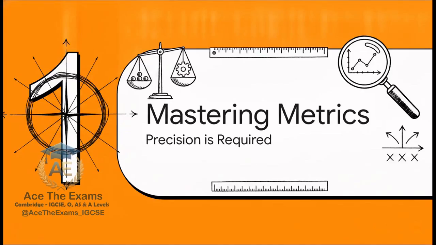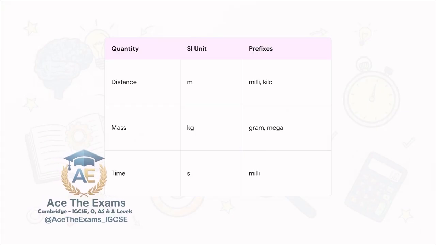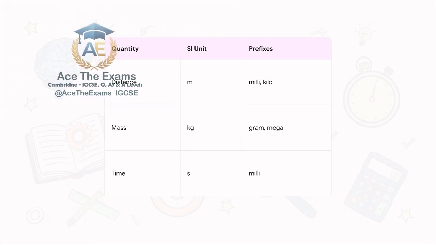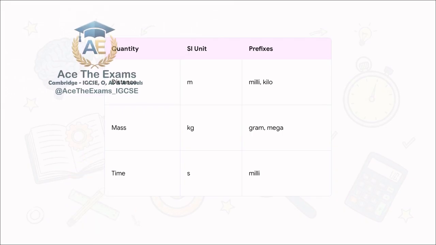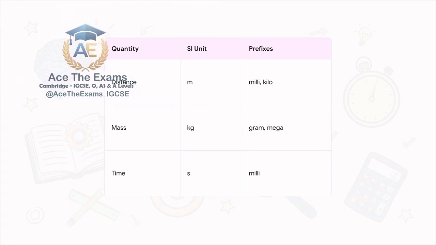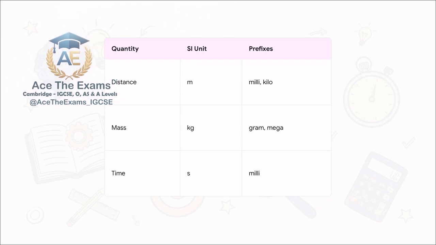Which brings us to Section 1, Mastering Metrics and Measurements. Look, without absolute precision in your metrics, that entire top band framework we just talked about instantly fails. Think about the practical data analysis sections of your paper. The examiners are rigorously testing your ability to handle real-world physics measurements, and they expect strict, zero-compromise adherence to exact